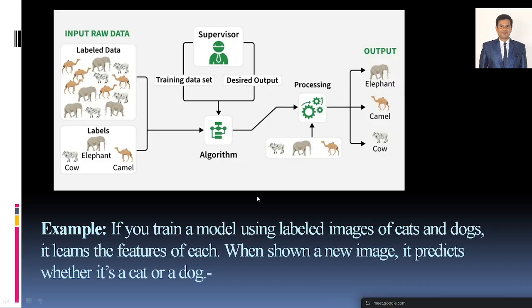See, this is one example you can understand. We have the raw data, okay? You can see the camel, elephant, isn't it? Like this, we have different animals, right? So we are labeling: elephant, cow, and camel. You have to label it because you are training. This is under the training period. You have already trained the data. Then what are you expecting, what outputs are you going to take?